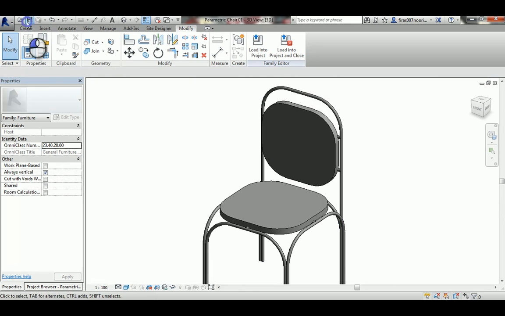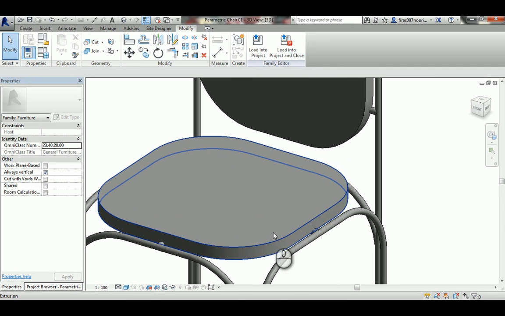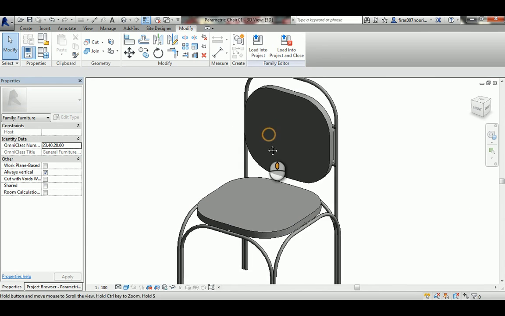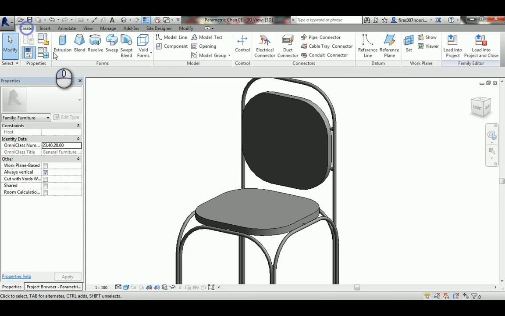And that's it. If you want to make it slightly more complicated, I think you can add a kind of fillet or a curvature here. It's not nice, I think, to keep this as you can see, like that. So I will go here to create, and I'll make a sweep here,